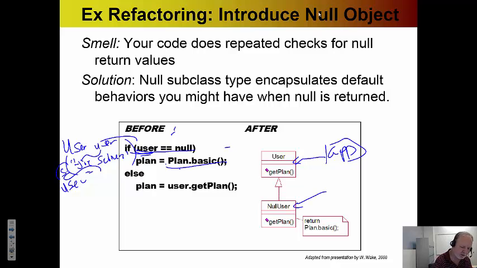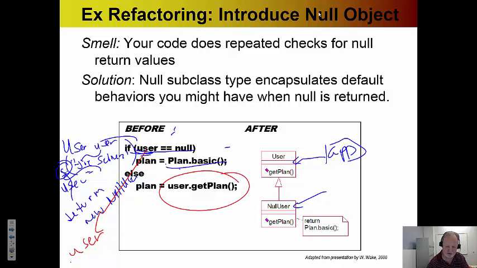Maybe I could change the search method to return, in this case, a new null user, and that's what user ends up getting bound to, this variable. And if that's the case, then I can write this because the getPlan method will turn around and call getBasic